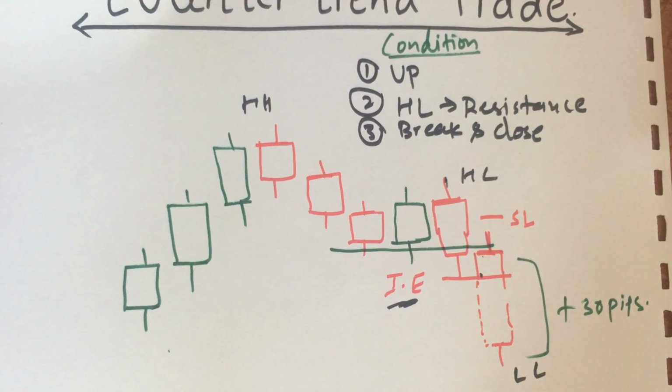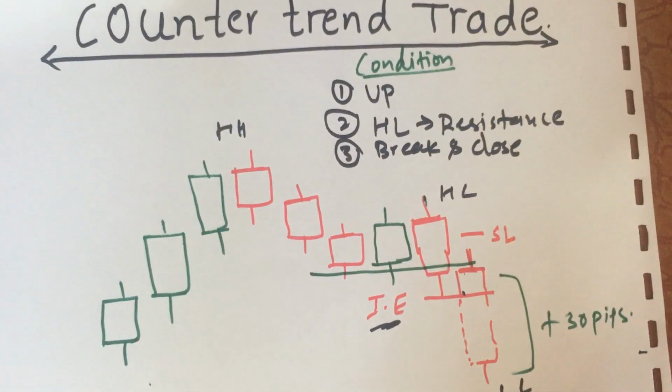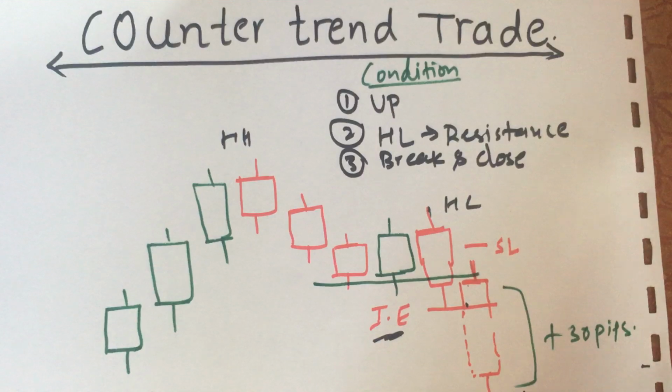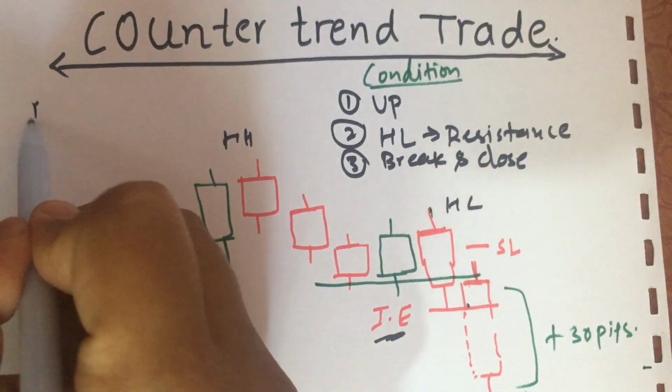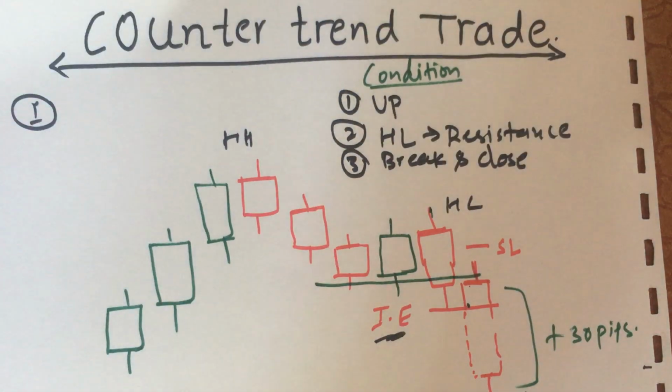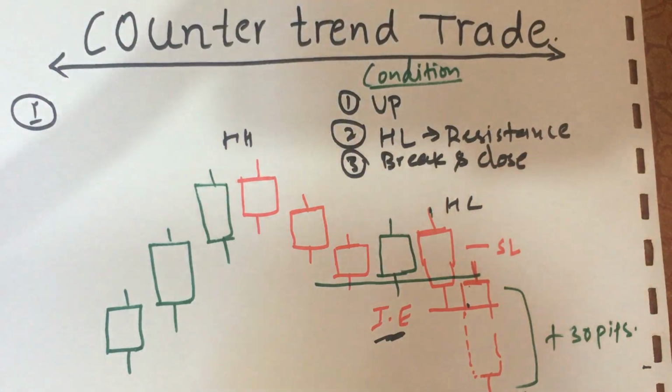So how many times can you see this type of market structure in your trading career? I think many times, and there is a probability that you miss this type of trade in your trading career. So this is the first case of the impulse entry in the counter trend. Now let's talk about another type of trade in the uptrend, which is also called the counter trend setup. All right,